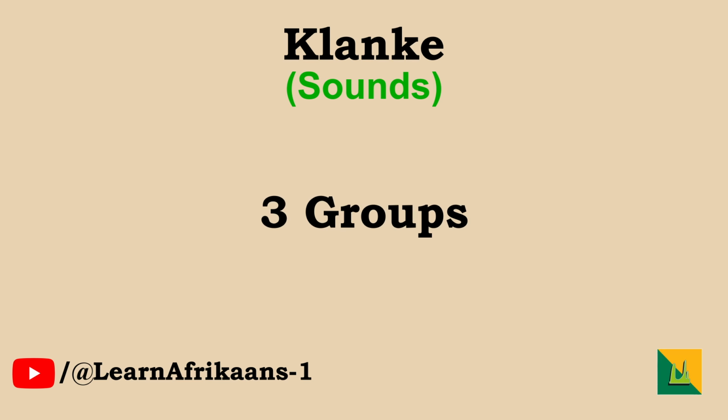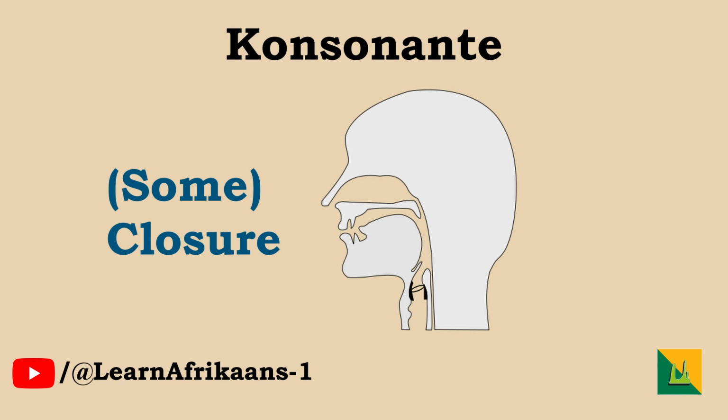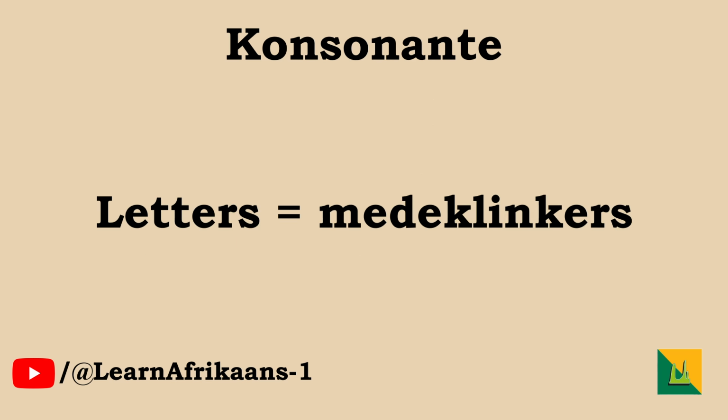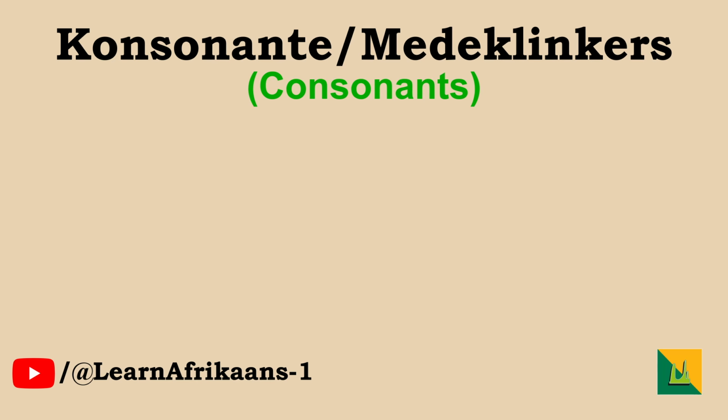Klanke. Sounds in Afrikaans are divided into three groups that are similar to that of English. The first group is the Konsonante. Konsonante are defined as sounds that are formed by some closure in the vocal tract. The letters that represent the Konsonante are called Medeklinkers in Afrikaans. In English, this group is referred to as the consonants. Konsonante,